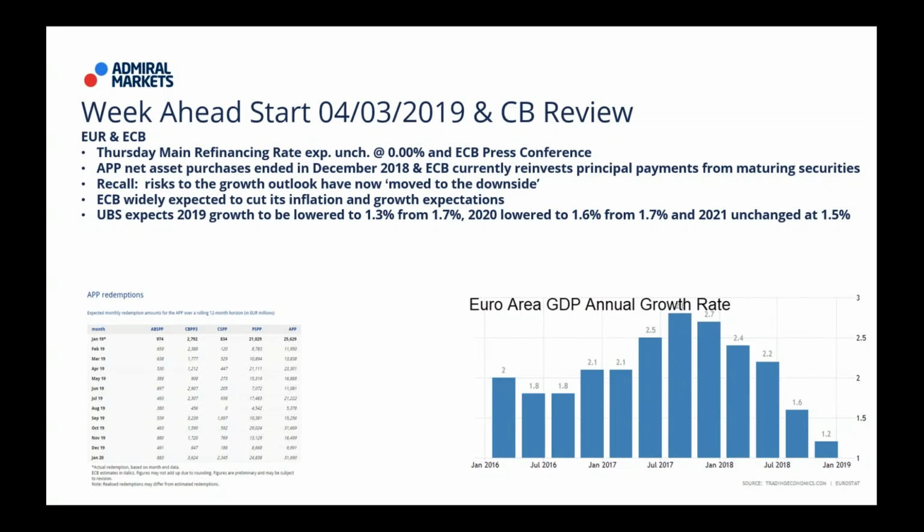So, guys, not much for you to do until the market hits that decision point, either to the upside or to the downside. Okay? Not much to do until you get to a decision point. Maybe that helps your trading. UBS expects inflation to be cut to 1.4 from 1.6, 2020 to 1.6 from 1.7, and 21 unchanged at 1.8. What's oil doing right now? Right now, rising or falling? I know we hit 57. What's it doing? Is it above 57 or below?